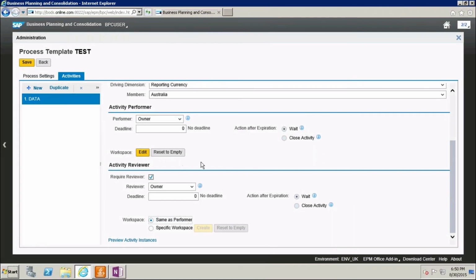Here for the reviewer, we are going to give the same as the performer. Whatever the performer did, the work, the reviewer is going to open the same workspace.